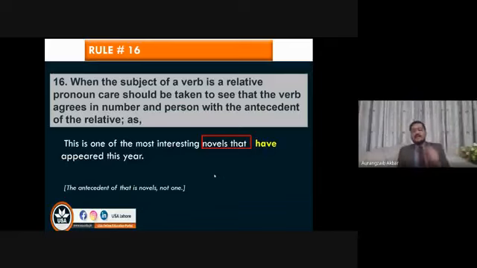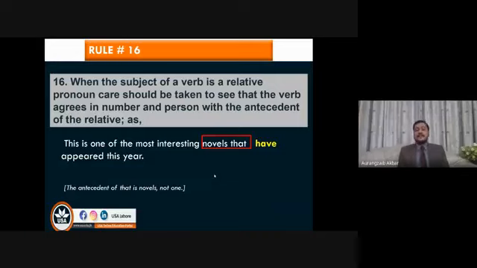Antecedent is basically the one to whom the pronoun is referring. Like, Aslam is a boy, he is very intelligent. Here in this sentence, he is a pronoun, but it is referring to Aslam. So Aslam is the antecedent. Okay, so we need to remember that we need to use the verb according to